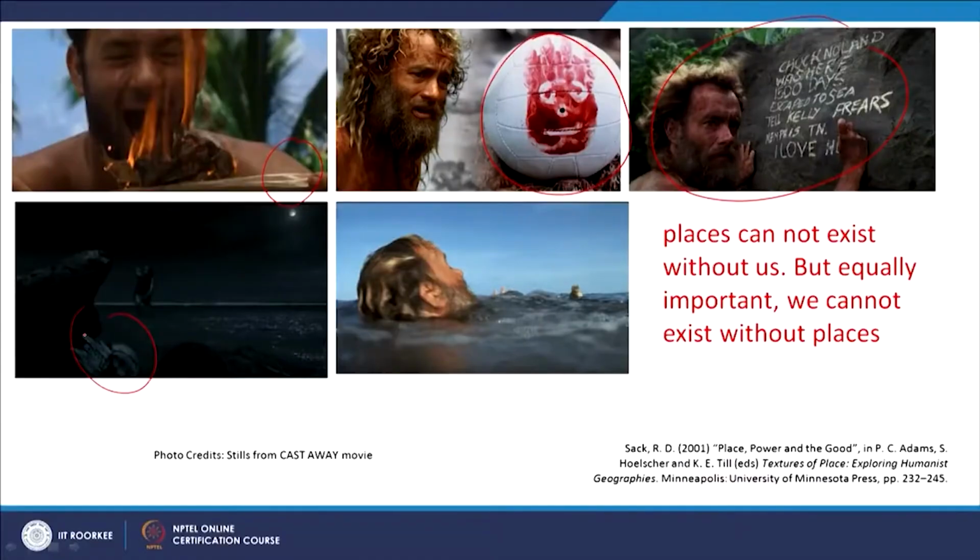Here he cares about Wilson, he talks about Wilson, he talks with Wilson, he shares his pain, anger, everything with him. So here, it is not just about the food or the shelter, it is how a man makes his sense of belonging with another individual. Though it is not a living being, he still makes some attachment. He lives here for 4 years, and then one day he gets angry and he throws that Wilson out.